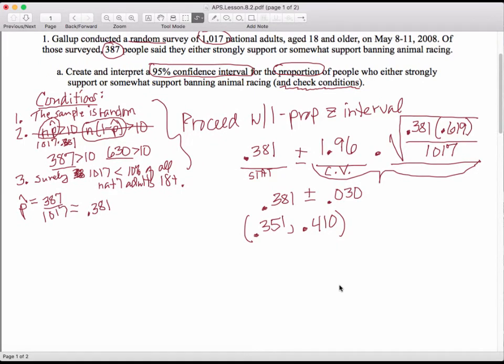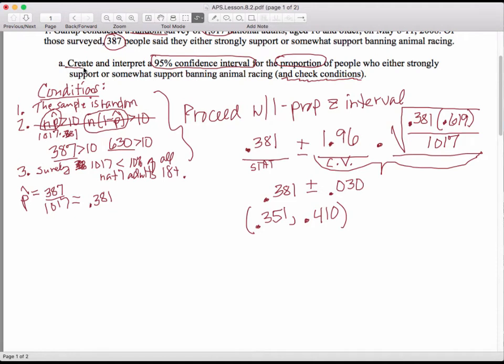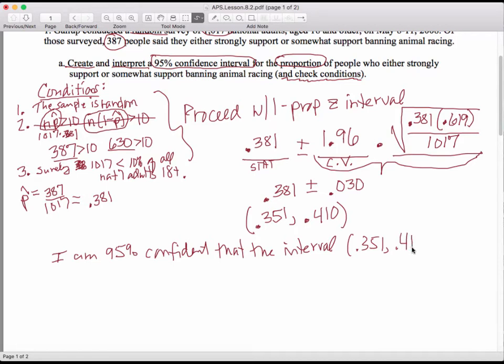With one more thing to do. It did say not only create it up here, but it did say to interpret it. So we don't want to forget that. And my pen is not the greatest here. I'll try to write it out. This is the one where you say, I am 95% confident that the interval .351 to .410 contains